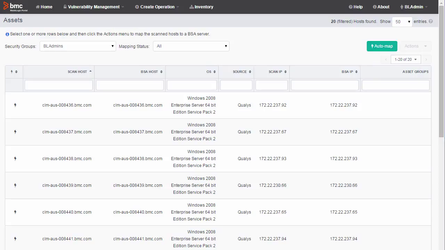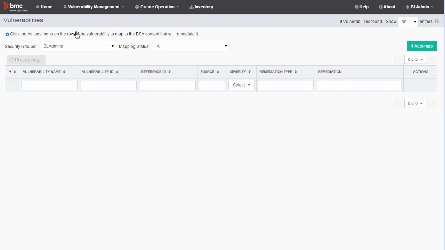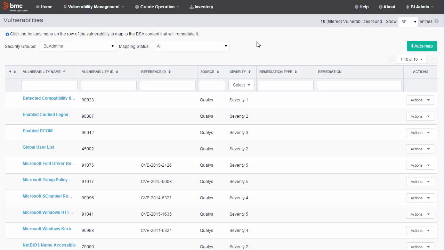Now I display the list of vulnerabilities in the vulnerability scan that can be mapped to remediation actions in BladeLogic. I select Vulnerability Management, Vulnerabilities. I click AutoMap to perform an automatic mapping of vulnerabilities identified in the scan to patches in BladeLogic patch catalogs.